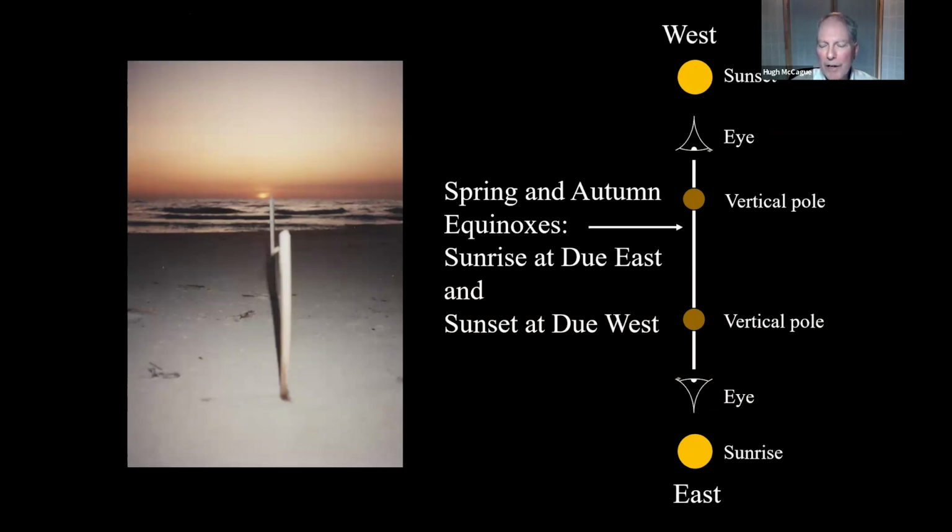If you set up two vertical poles and you have an unobstructed horizon, particularly both to the east and the west, if you do it on various days, there will come a day when you look towards the sunrise and set up your poles, and then at the sunset, you don't have to move your poles. You'll look back and see the sunset. That means the poles are aligned with the sunset and the sunrise, and that means they're along the alignment of east-west, and it's the time of the equinox.